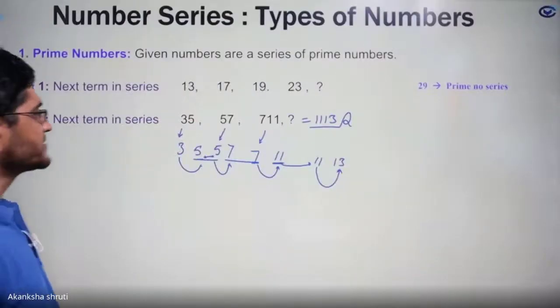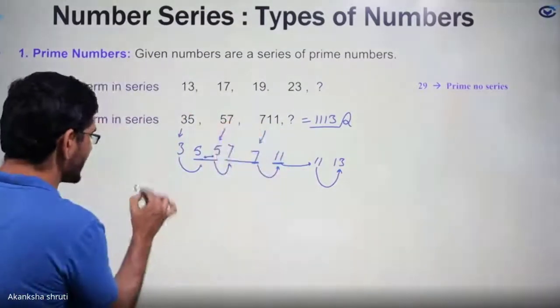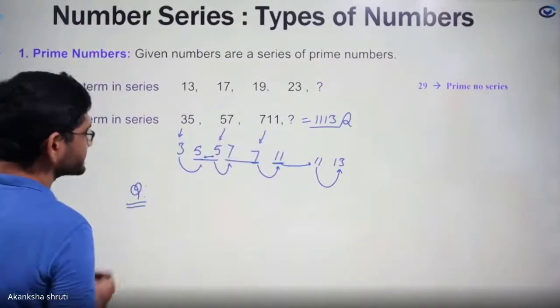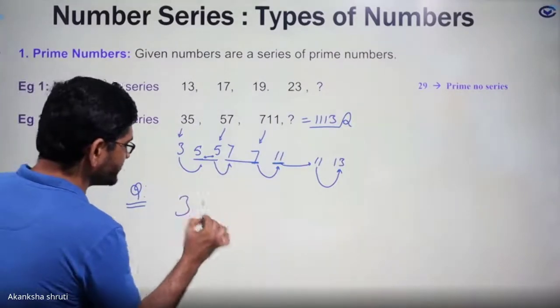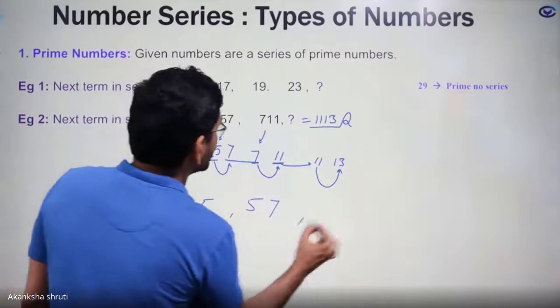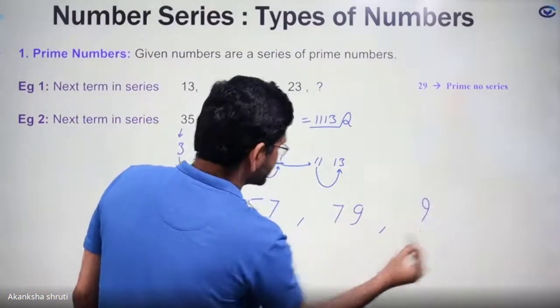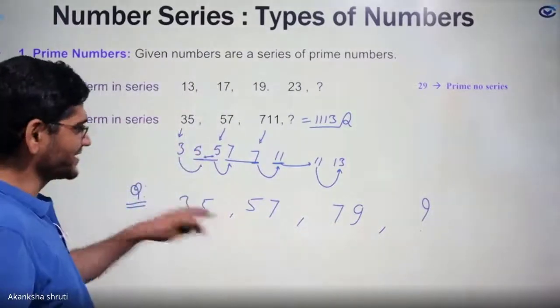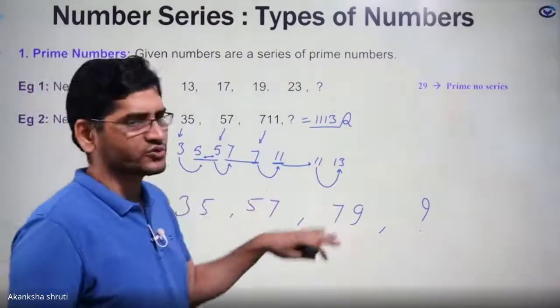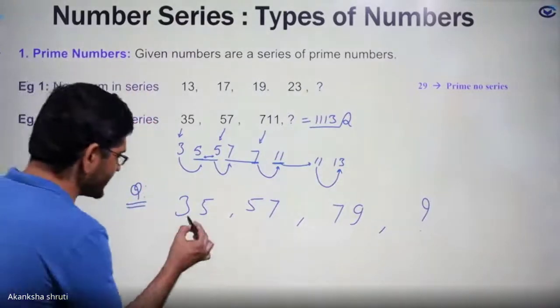So students, if this same question is made like this, see, if it is 3, 5, 35, 57, then 79, what will be the next? Here it may follow some lesser difference, so it may be that they follow some rule of difference too, but in the options they may have given you something else as well.